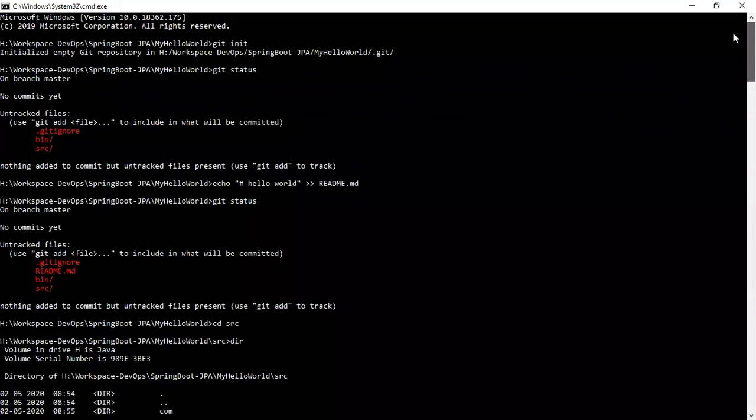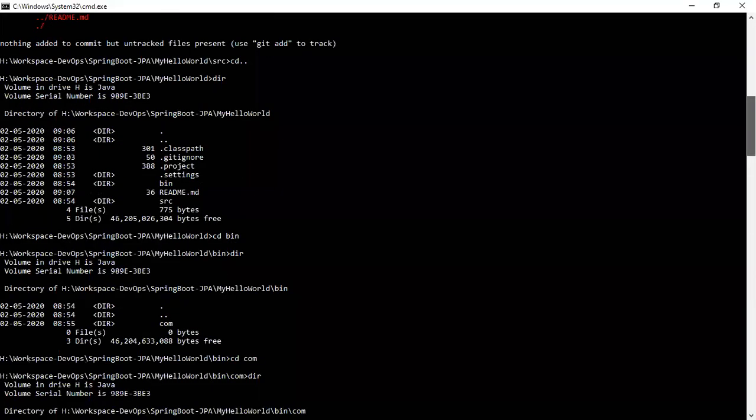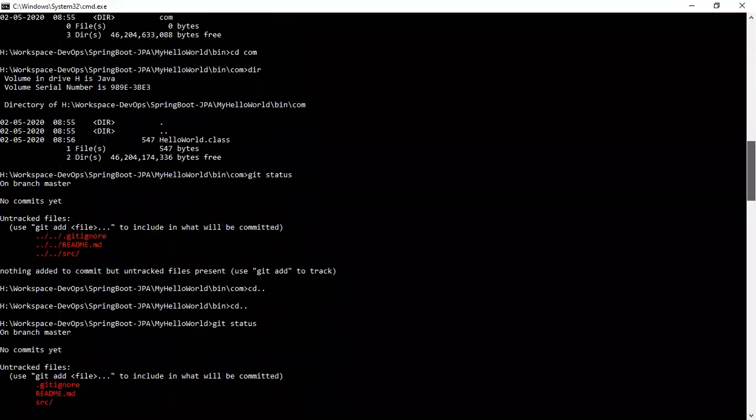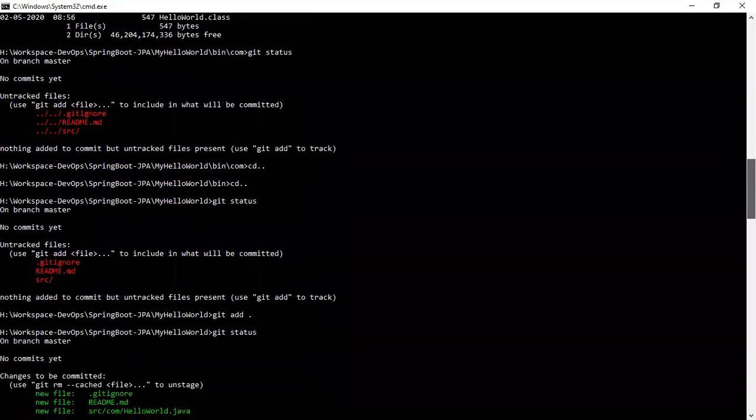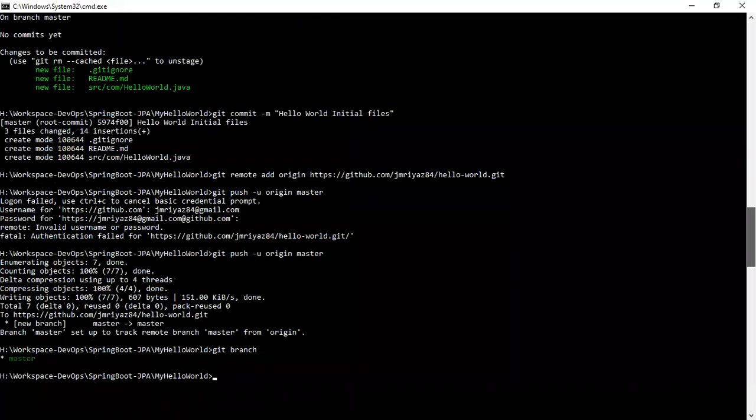By using git init we have initialized, then we added all the classes using git add. With git add dot we added all the files. Finally we commit our code and push our code to remote.